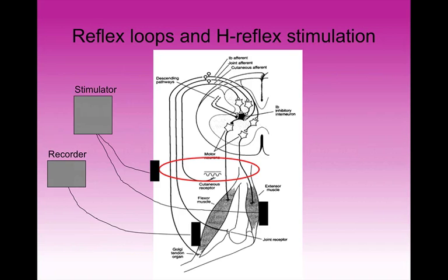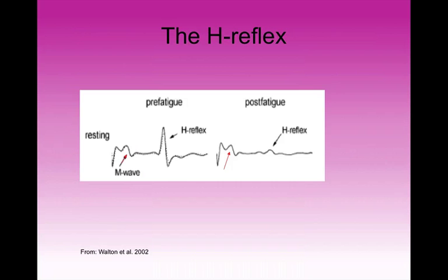When we record the EMG, we see two different waves. We see what's called the M wave. The M wave is the direct stimulation of that muscle, and it occurs within milliseconds of stimulation. And then we get the H reflex. The H reflex is that stimulus that stimulated the sensory, the afferent fiber. So the 1A fiber, for example, went up to the spinal cord, synapsed on the alpha motor neuron, and back